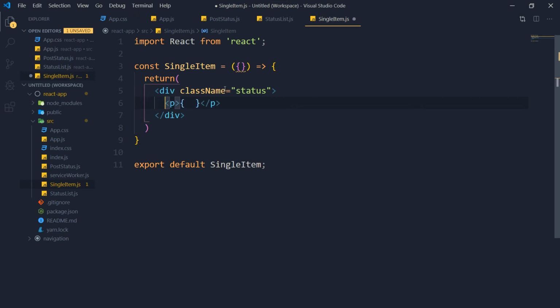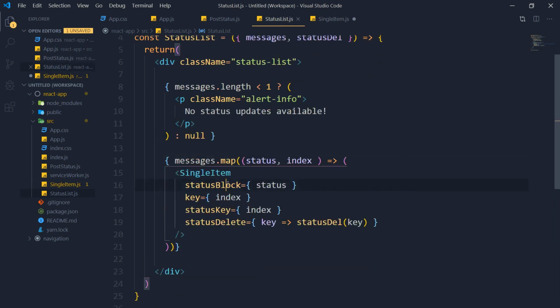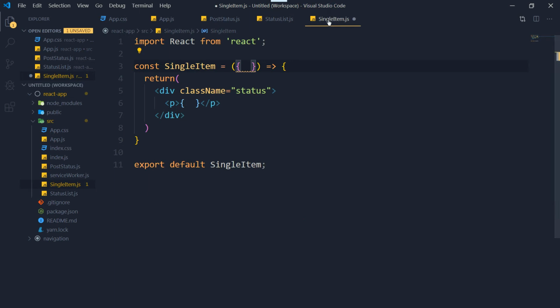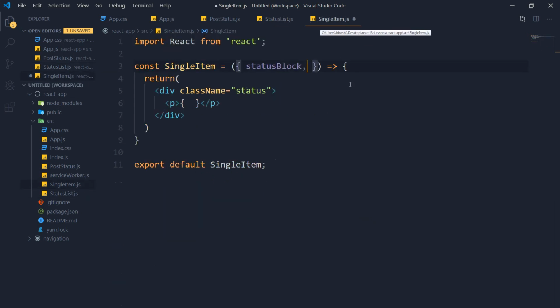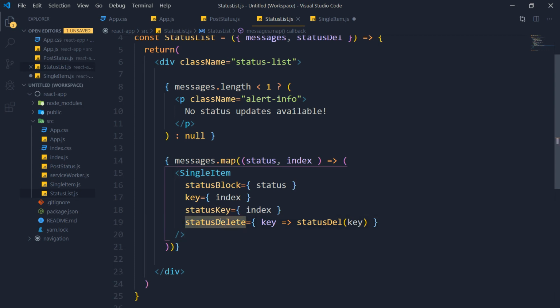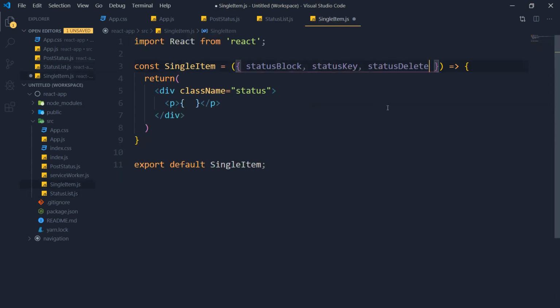So what we were passing from this component, we were passing this status block, and then we were passing a few more things. The key, no, we don't need this key here, we need this prop here, and then our identifier to delete the message. Okay, so this will be status block, this will be our message,